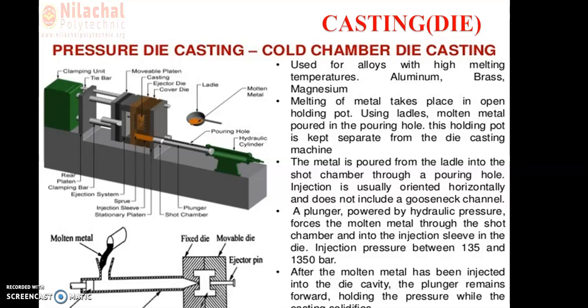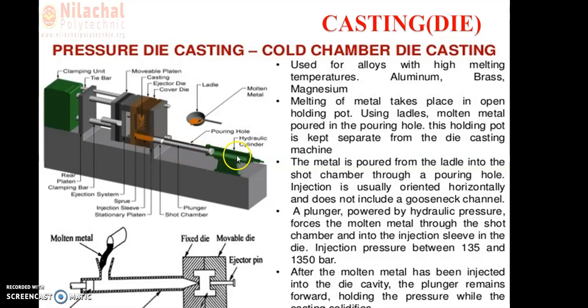The cold chamber die casting machine consists of a pressure chamber or cold chamber. Here you can see the pressure chamber, or cold chamber, of cylindrical shape fitted with a ram or piston, usually operated by hydraulic pressure. In the hot chamber machine the plunger moves in a vertical position, but here you have to produce more pressure, so the movement of the plunger is horizontal.